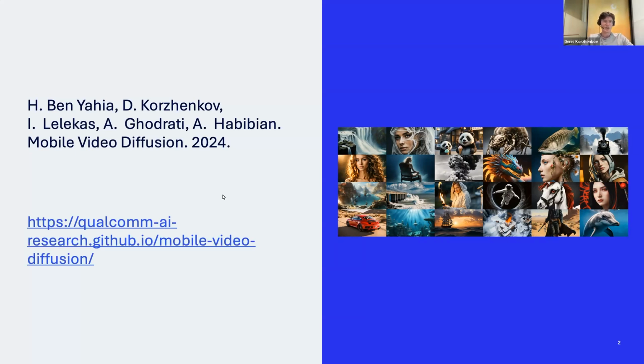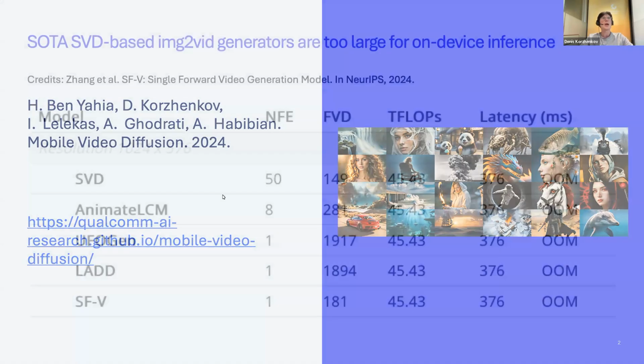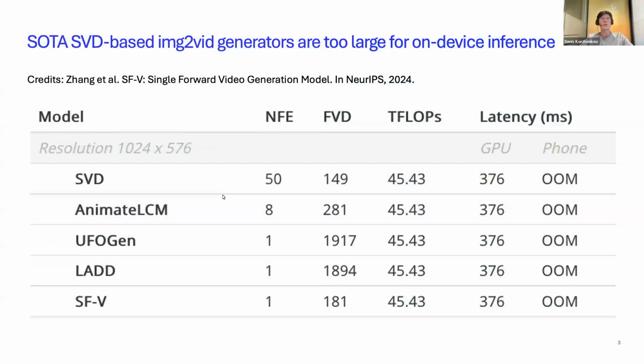Transformers require quadratic usage of memory unless you apply a set of tricky optimizations. But on device, these optimizations are somewhat harder. So still, most on device people prefer to use UNet type architectures. And we followed the same path. And we have chosen the Stable Video Diffusion model, which was open sourced, as a stem for our deployment to